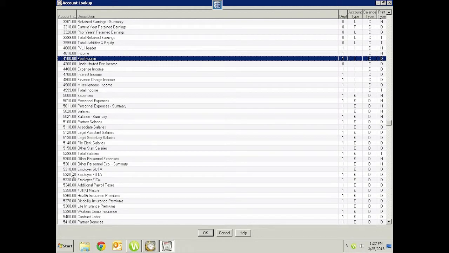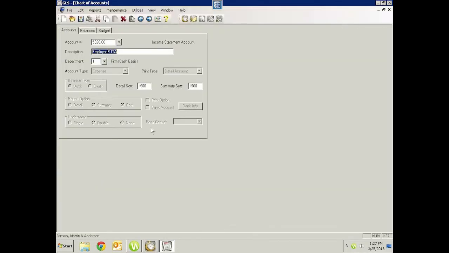Here's FUTA. Now, you'll notice that this is 5310 and 5320, but that is not why this comes out after this one. It's this number here. We're looking at FUTA, and it's 1900. And if I go back, SUTA is 1800. If I go back one more just to see what's next up, I see 1750. So with that in mind, I want this to appear above SUTA, and SUTA is 1800. So if I change this to 1790